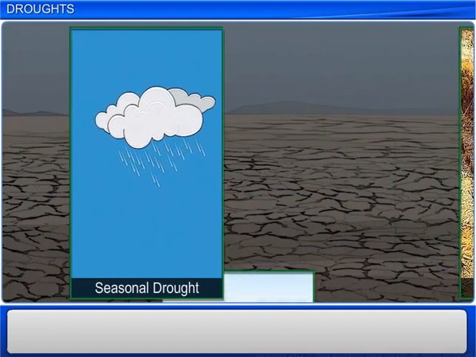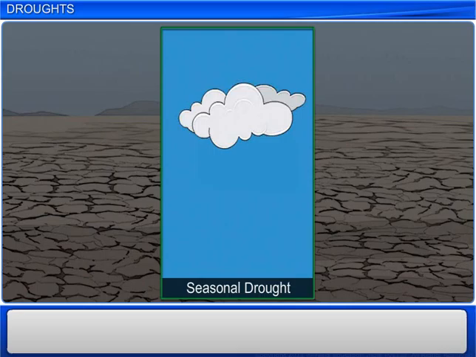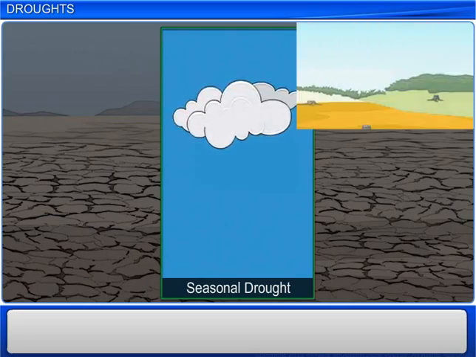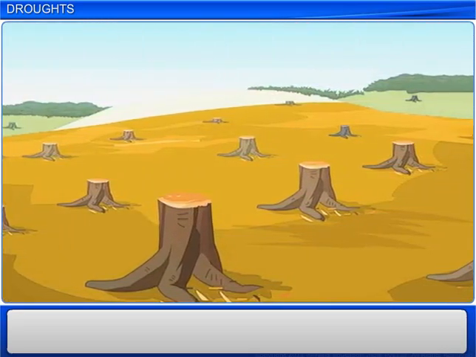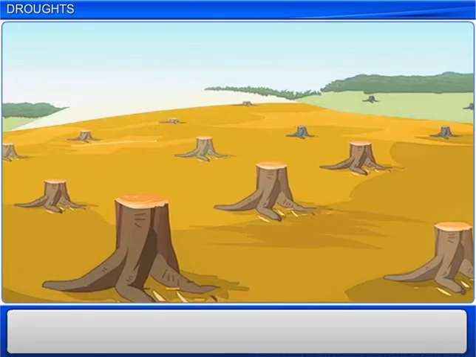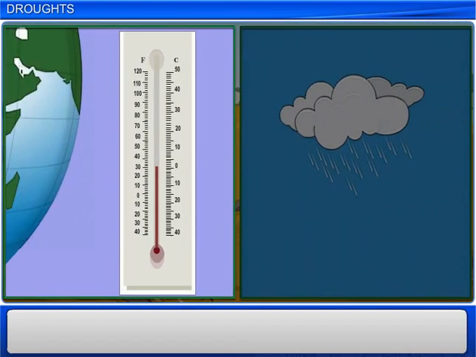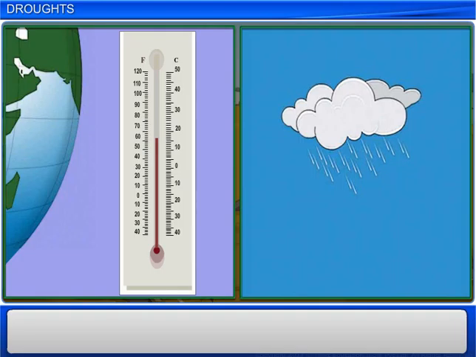A drought occurs due to several factors. The most common factor for a drought is scarce rain or no rain at all. Destruction of forests is another reason for droughts. Cutting the trees leads to a situation called global warming. In this kind of a situation, the temperature of the earth rises sharply and causes less rainfall.